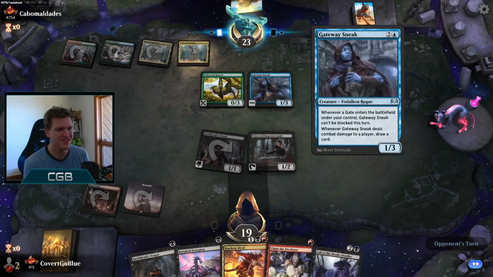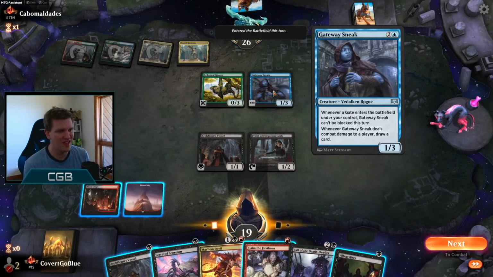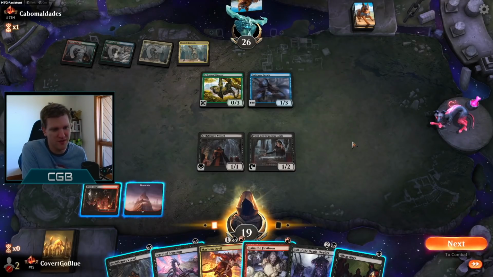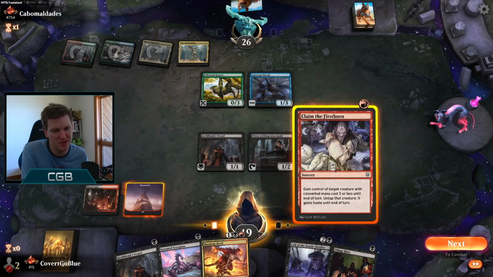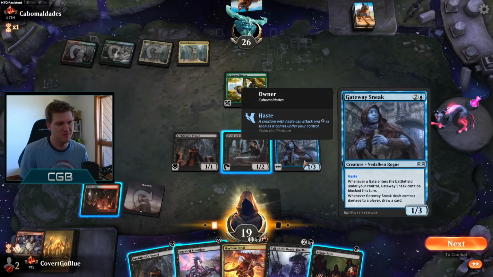Whoa. Gateway Sneak? Whenever a gate enters the battlefield under your control, this can't be blocked. Whenever it deals combat damage to a player, draw a card. Do we claim that? I can get them to sacrifice the Grazer, but I can't get them... Yeah, I think we claim that. We might have to take a Ram later, but for now we claim you, which the opponent has to...